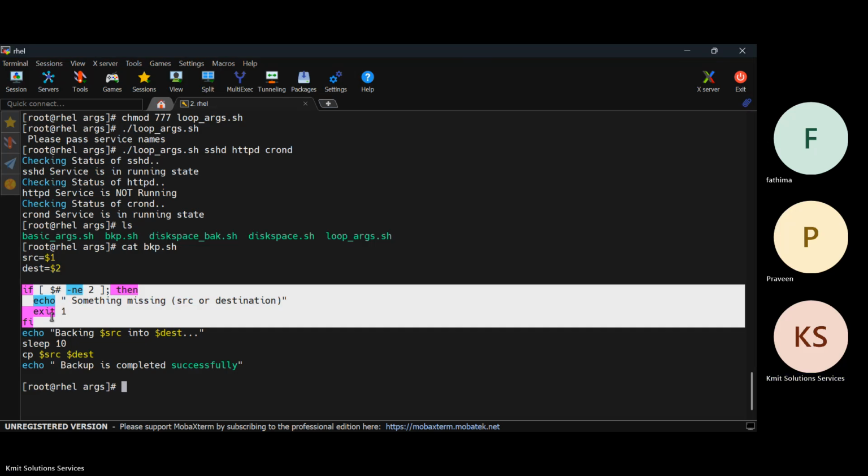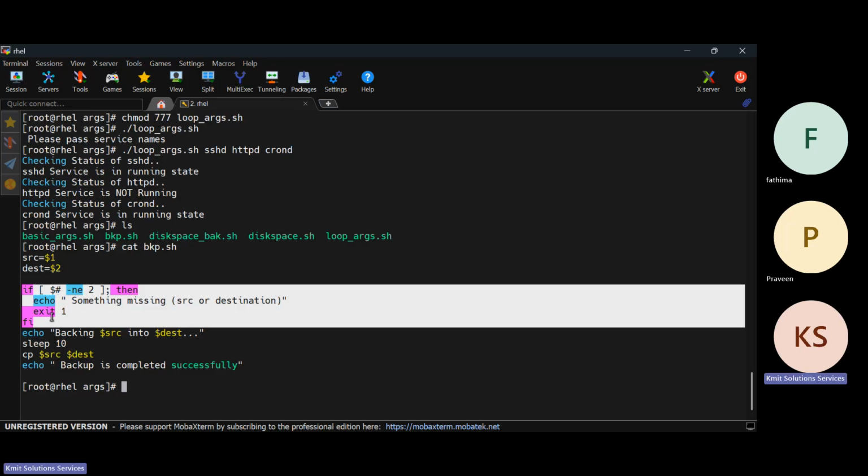Then maybe you will get an unexpected error if the number of arguments is not the same as required. So whenever you are scripting using arguments, you need to make sure you are doing the validation, and that validation will make sure that you have the